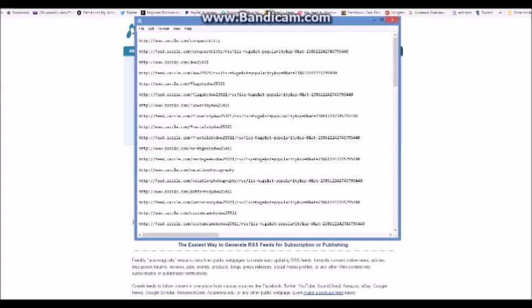Basically, what an RSS feed is, and I've called up some of my store feeds here. You basically have your link, you have your ID number for your site. You basically type in the code that you want. I chose popularity, so the most popular thing from my store is going to be in this RSS feed. Now, all you do to make a feed, if you don't know how to write the code yourself, is you can go to